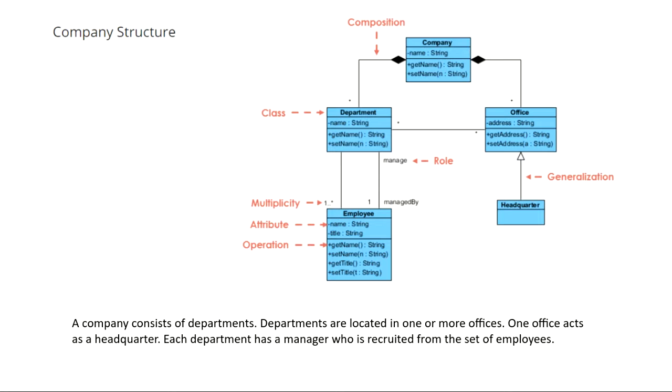So this is a class diagram. Basically, there is a company which has a composition or composite relationship with two classes, department and office. What does this mean? If you destroy this company, if by chance this company goes bankrupt, then automatically this department will be closed and automatically this office will be closed. And if this class does not exist here, will this class exist here?